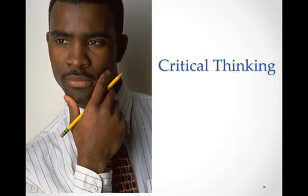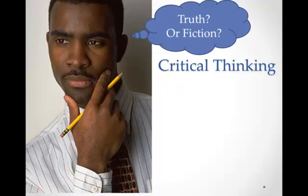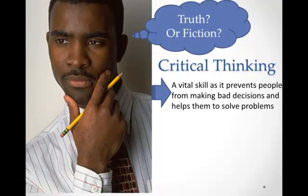Critical thinking has been getting a lot of press in our educational system today. Critical thinking is a way of deciding whether a claim is always true, sometimes true, partly true, or false. It helps us determine the difference between truth and fiction. Critical thinking can be thought of as a vital skill as it prevents people from making bad decisions and helps